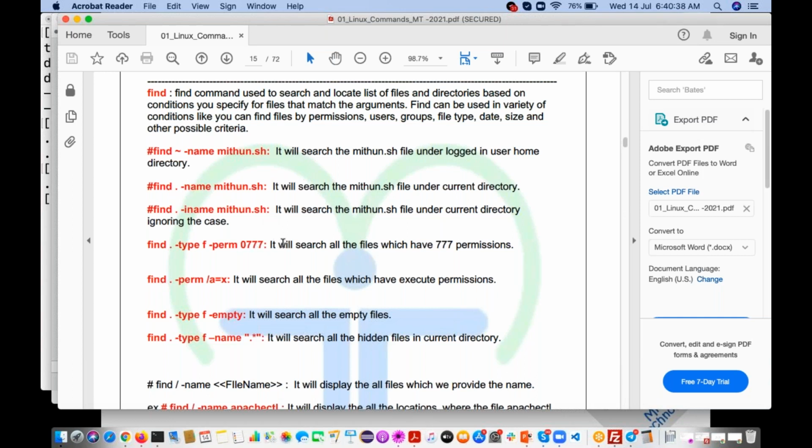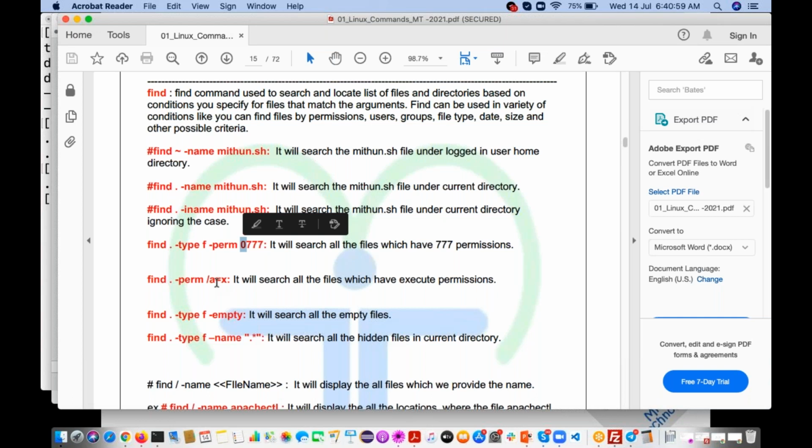See here, it will search all the files which have 777 permissions because we specified the condition hyphen perm 777. Even if you don't give the 0 or if you give it also, there is no change. I want to search all the files which have execute permissions.